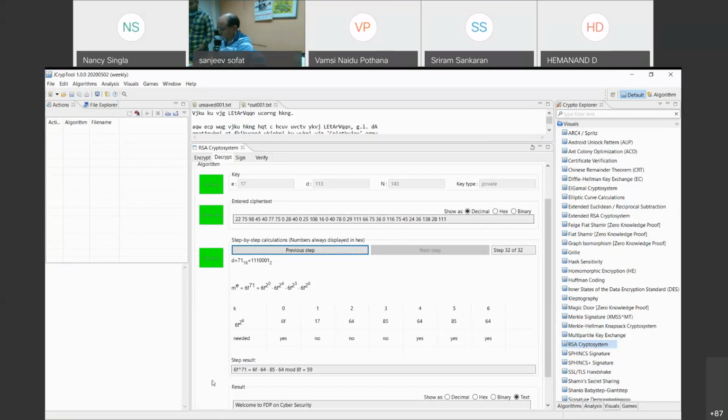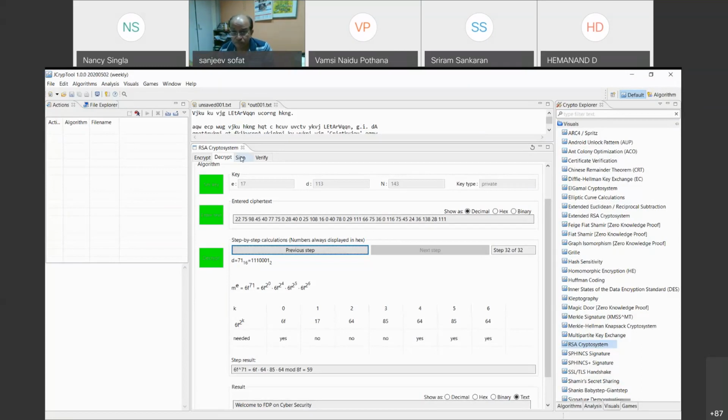Basically, a sender would need to create a hash, a message digest of your text, and encrypt the hash value with the RSA private key, and we can add that to the message. The receiver at the other end can verify that the message has been sent by the intended sender and has not been altered. This is how it works.